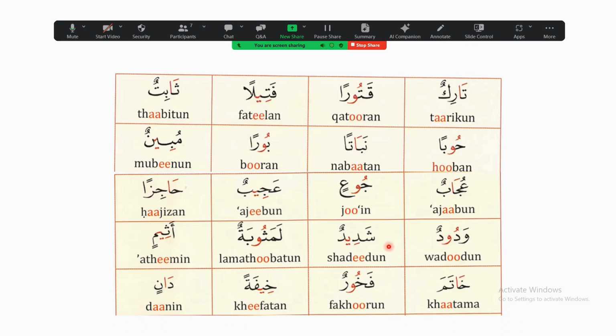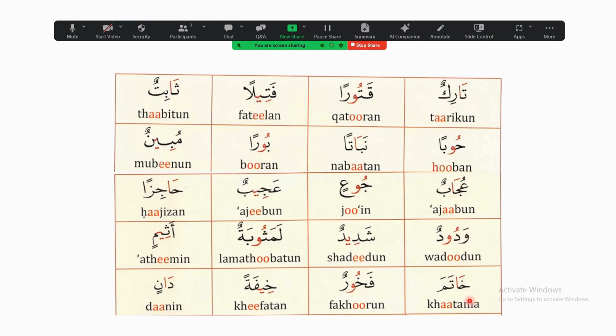shadidun, didun, ya madda in didun. Lamathubatun, lama, lama for just one count. Lama, thu, thu for two counts because of waw madda. Lamathubatun, athimin, a for one count, and thi for two counts because of ya madda. Athimin,